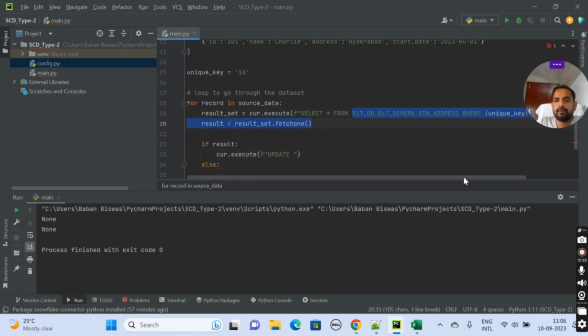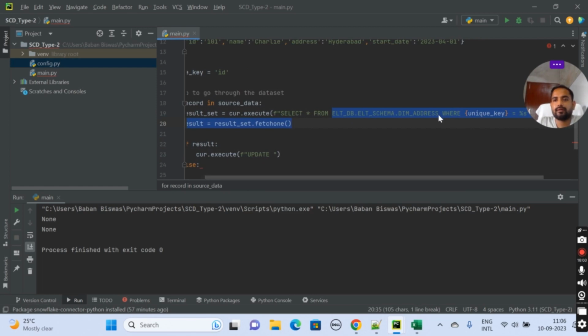Update this table. Set end date equal to current date.